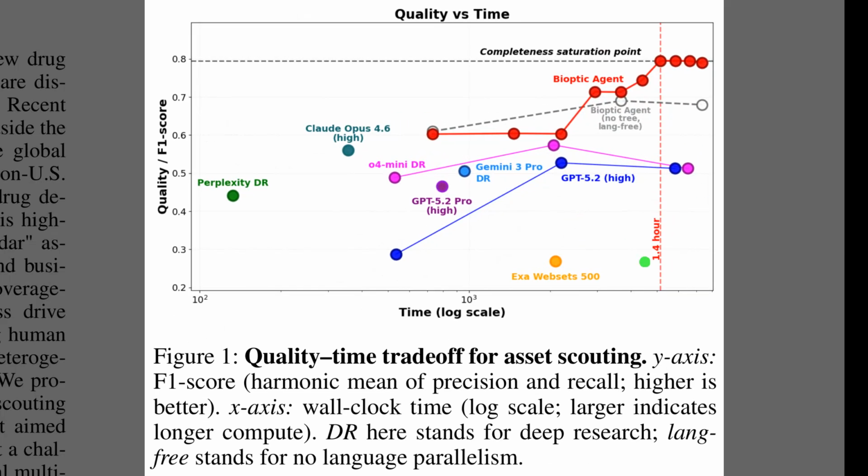Well, Figure 1 plots the quality versus time trade-off for asset scouting. The vertical axis tracks the F1 score, which combines precision and recall, while the horizontal axis shows wall clock time on a log scale. The red line represents the Bioptic agent, which climbs steadily as it spends more time searching, eventually hitting a completeness saturation point near 80% F1 score after about 1.4 hours. In contrast, commercial tools like Claude Opus, shown in teal, and Perplexity Deep Research, in green, sit much lower. They are faster but cap out between 45 and 56%, implying they miss nearly half the assets that the dedicated